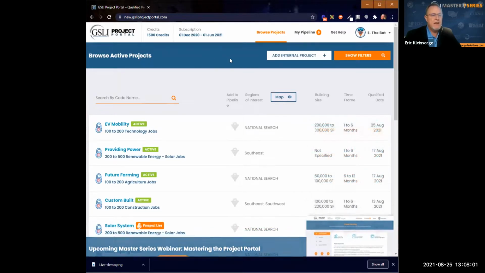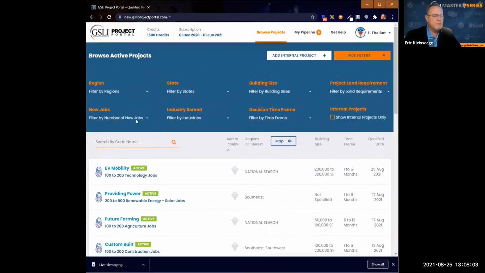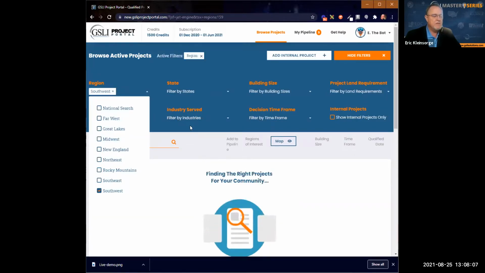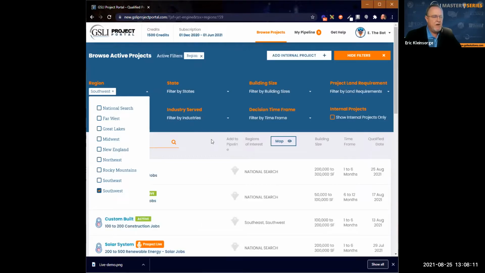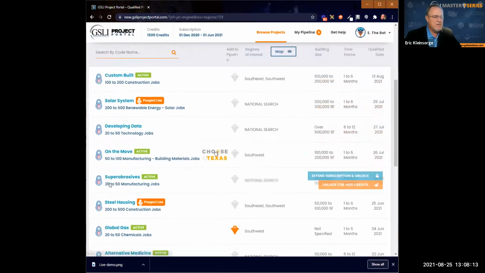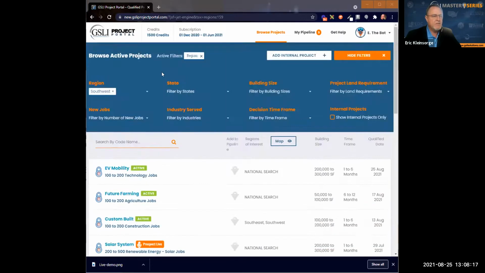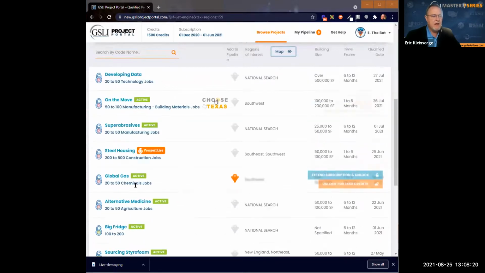So I'm going to kind of go back in and I'm going to show filters. I'm going to search by region. We're in the Southwest. And we find that we have some locked projects and we have some open projects. And I could go ahead and continue to filter down, but I'm going to just take a look at it